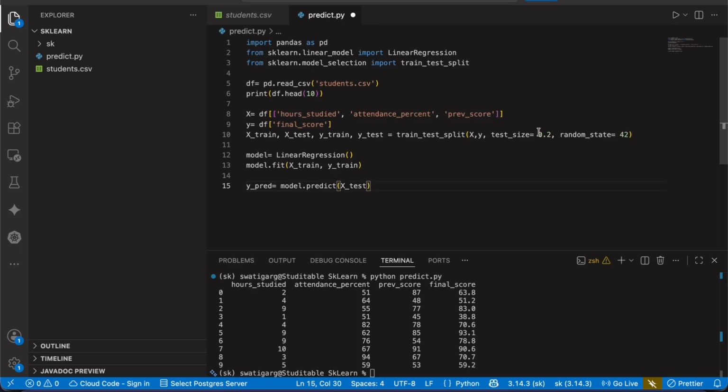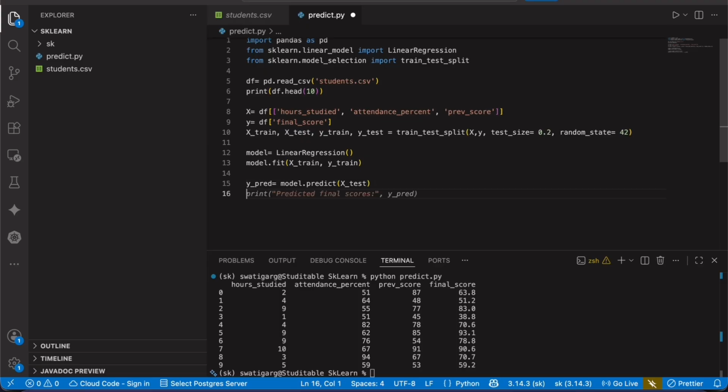That is why X_test, because it has to predict the values on the testing data. It's training on 80% of the data, another 20% it has to test. So it will take the values of those 20% which is saved in X_test. So predict your values on the X_test values and save it in y_pred.